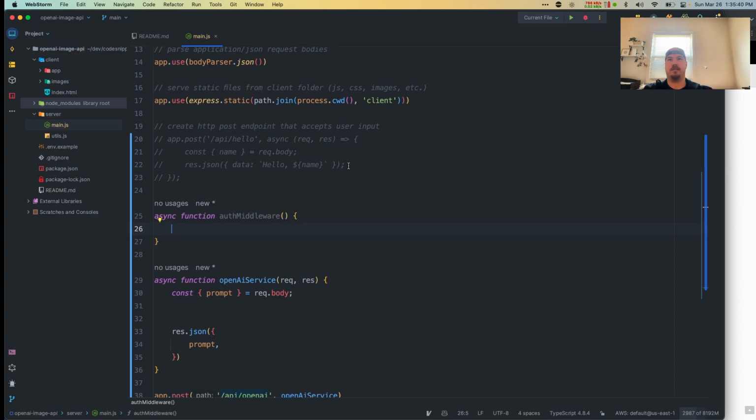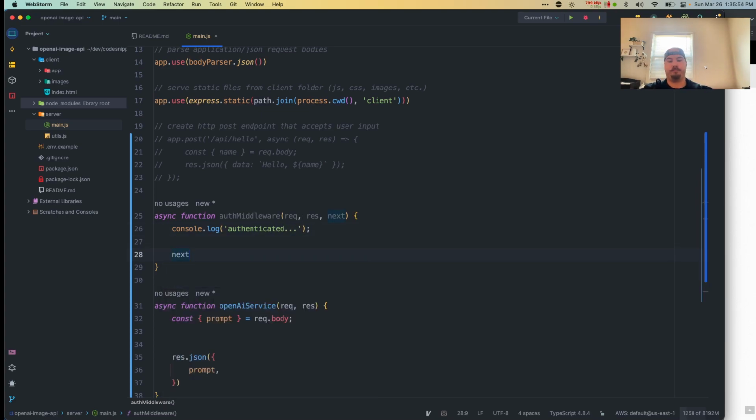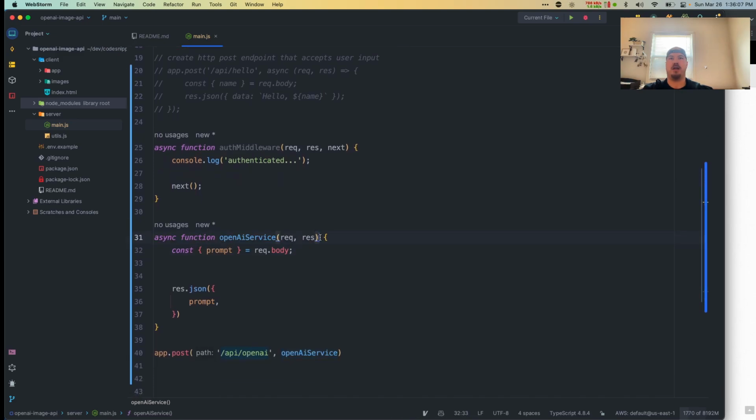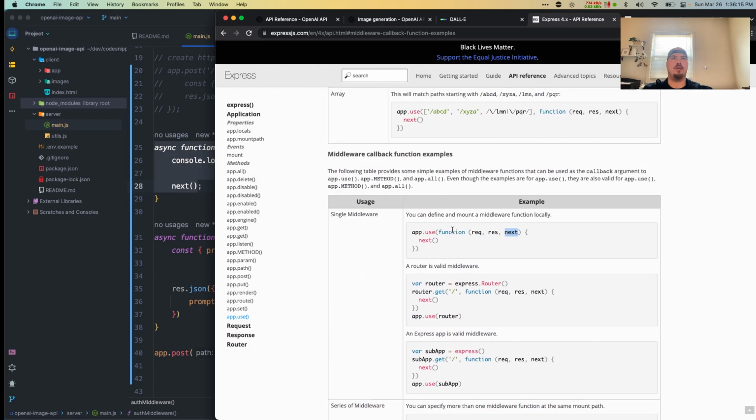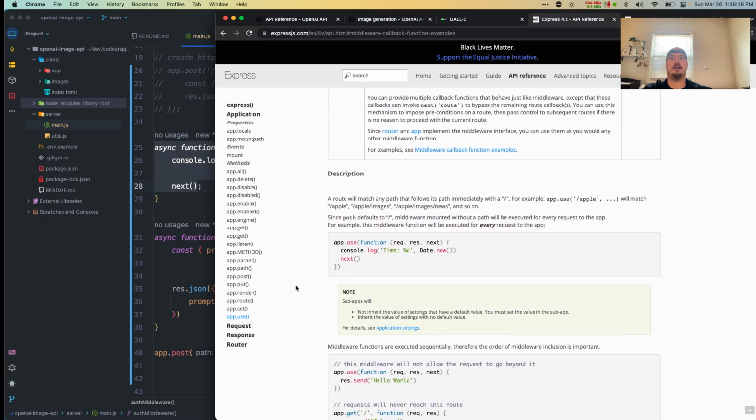Might as well just try it out. req, res, next. Okay, so all of the Express middlewares get called with these 3 parameters. In our case, we don't necessarily need to pass this next parameter into this service method because we're not going to be making use of it, though we could. But you can see here in this auth middleware, so if we go back for just a second and we read the spec here,